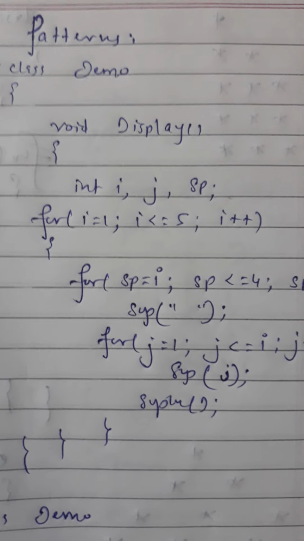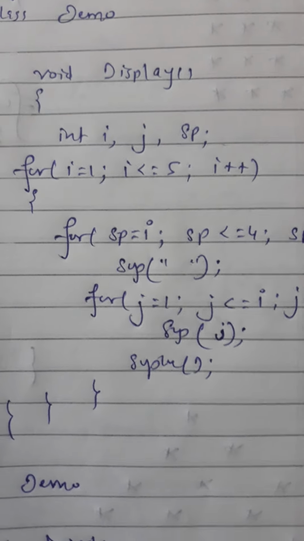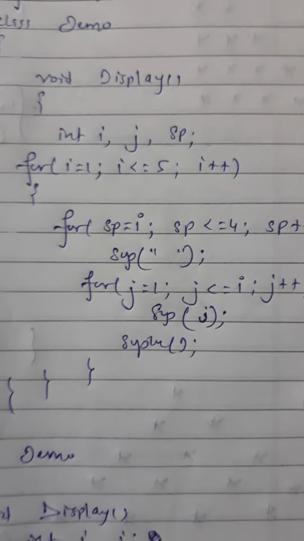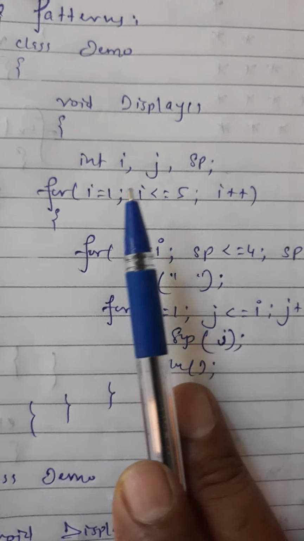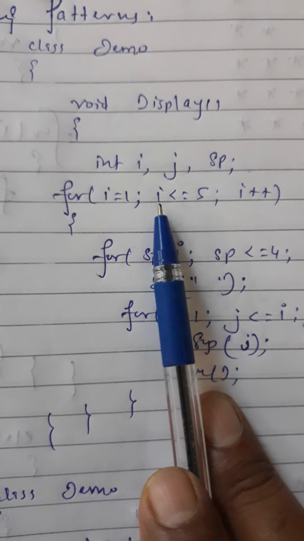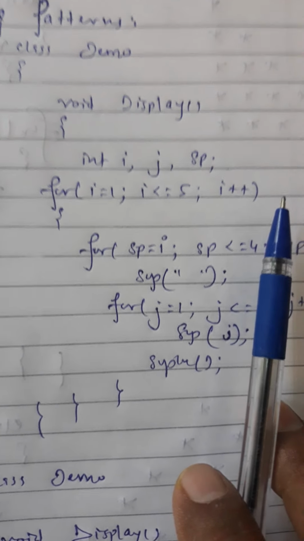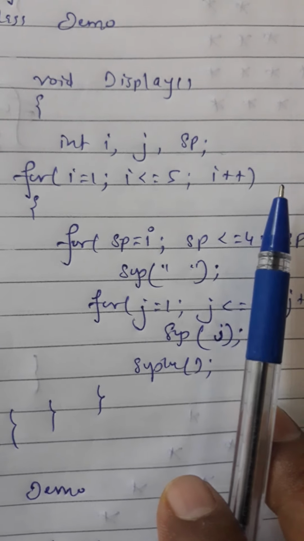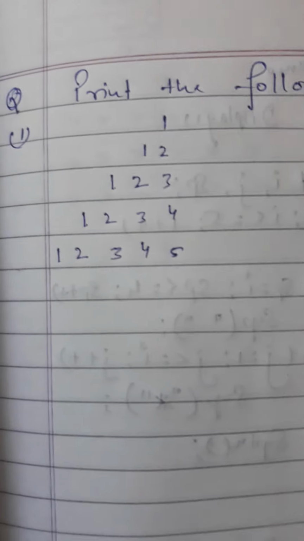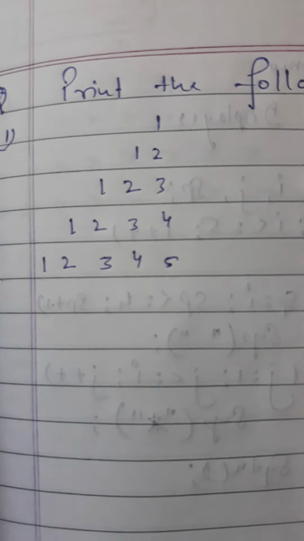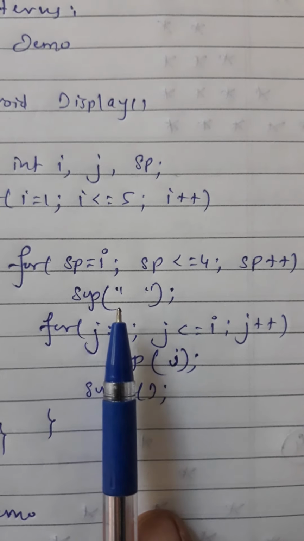Class demo, void display. So this will be common for all the programs. We are taking 3 variables: i is for row, j is for column, and sp is for space. For i equal 1, i is less than equal 5, i plus plus, so the numbers will be generated from this loop, 1, 2, 3, 4, 5. And before printing we require 4 spaces. So we are starting a loop